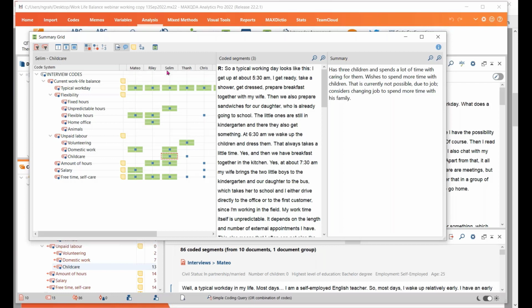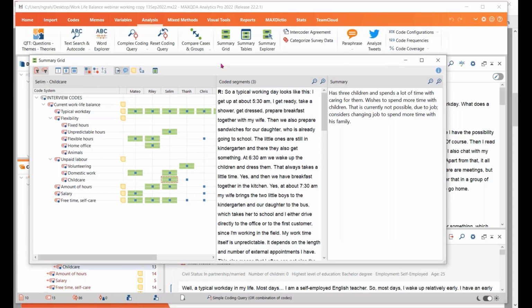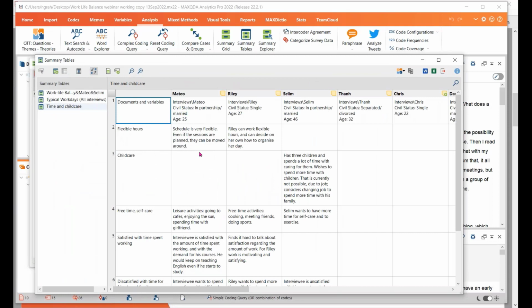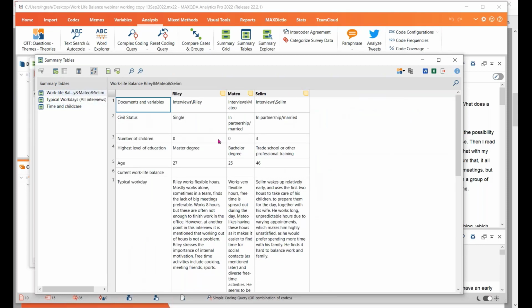When you've done your summaries, we can then move into the summary table, which has a box there on the main menu, on the analysis menu, or also you can jump straight into it from the summary grid. So I'll go from here, and that opens up a new window on the top. I've got tools here that you can explore in more detail if you want to use this. But you've got a list of tables that have already been created,